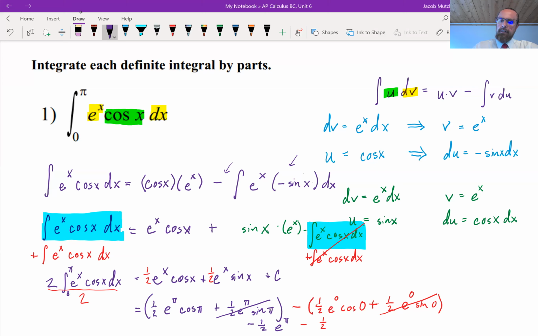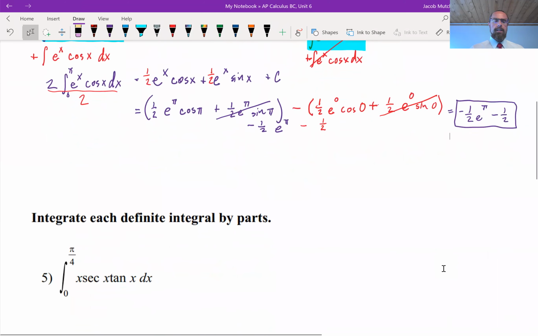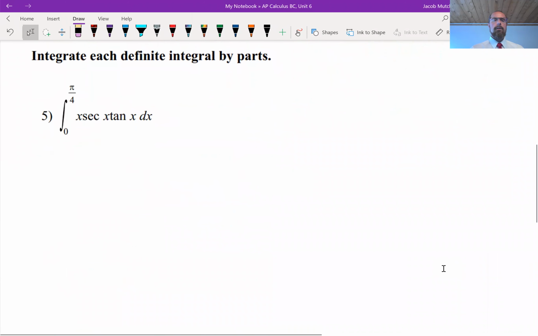And that finalizes our evaluation of this definite integral, -1/2 e to the power of pi minus half. So that example, we did have to do integration by parts twice and use that strategy where we keep in view the original integration. Let's take a look at a second example that involves